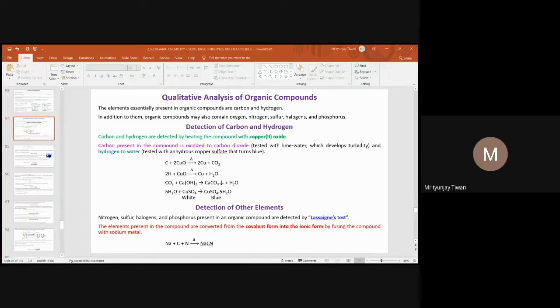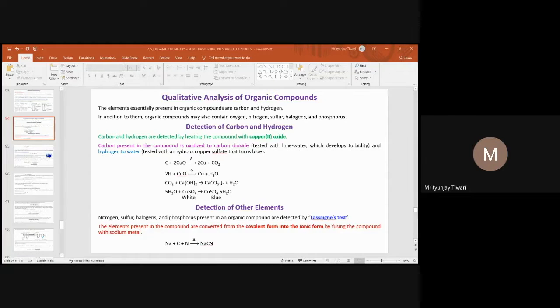and it will particularly oxidize the carbon and hydrogen present in the organic compound to CO2 and H2O. As it passes through, the water vapor formed is absorbed by anhydrous calcium chloride, and the increase in mass of the anhydrous calcium chloride will tell us what amount of water is absorbed here. Now the leftover gaseous mixture will pass over another U tube which contains potassium hydroxide solution,